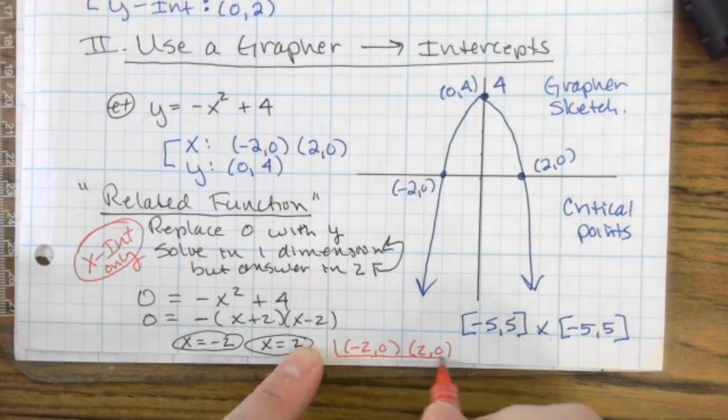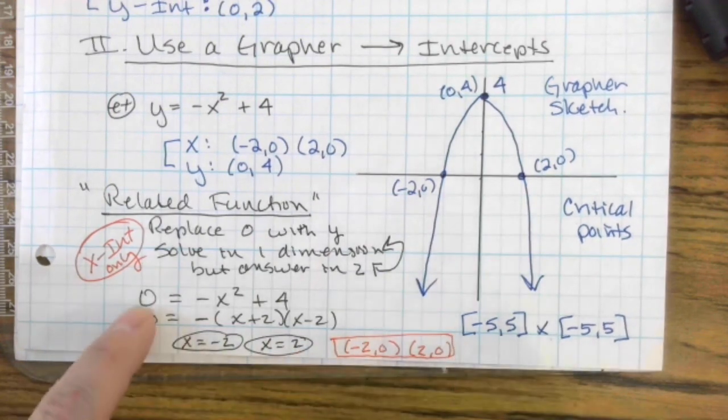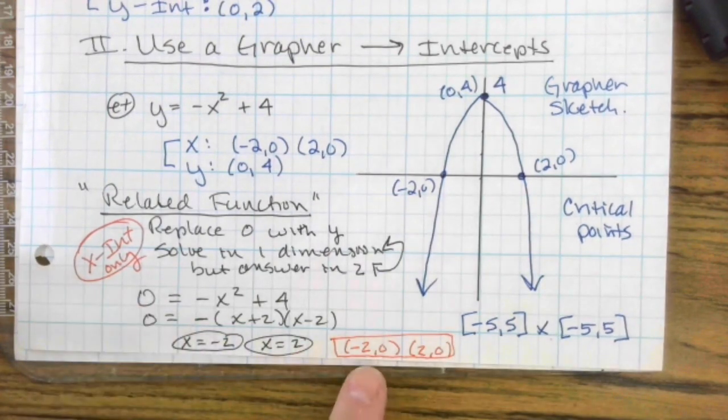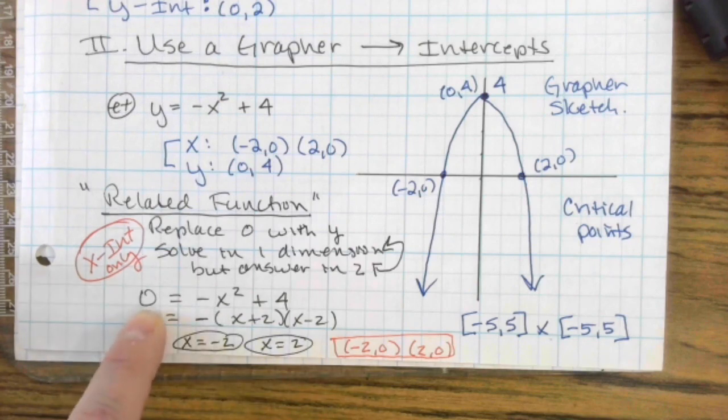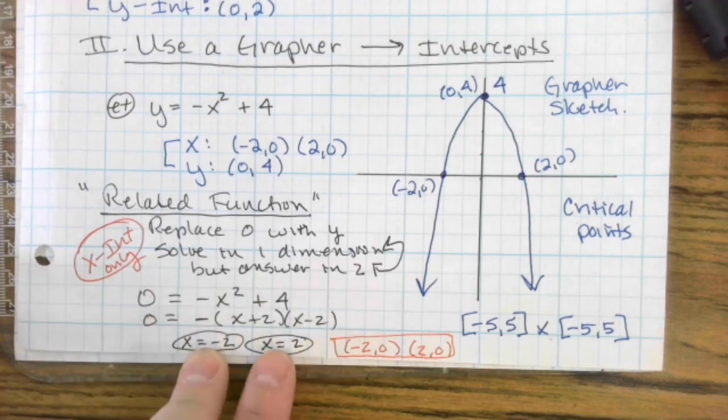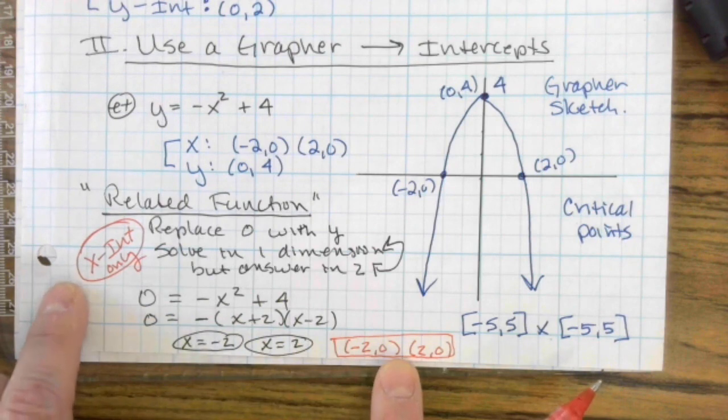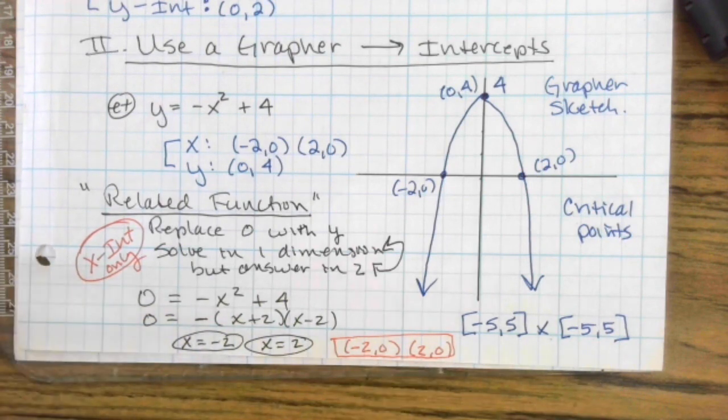We're basically going to put it back on the graph as if this were a y and show what those x-intercepts would look like. So related function, that's what you're going to be doing on your homework. You're going to be solving something equal to 0. You will get x values, and you will show them as x-intercepts. That is showing your answers as x-intercepts. And the concept of related function is something